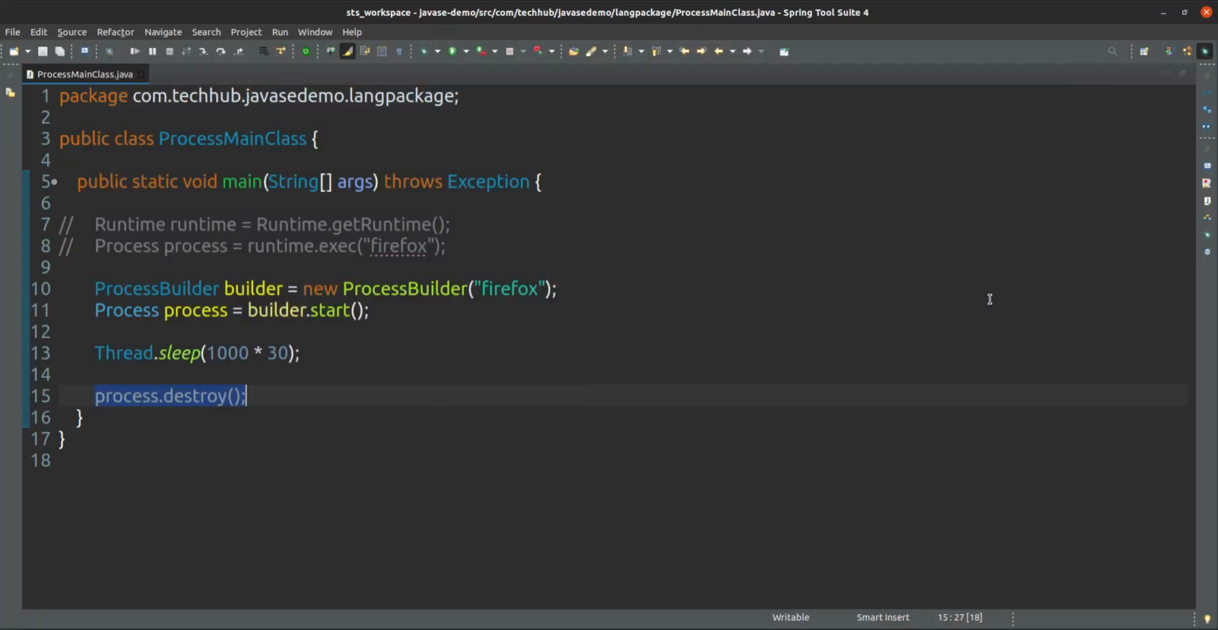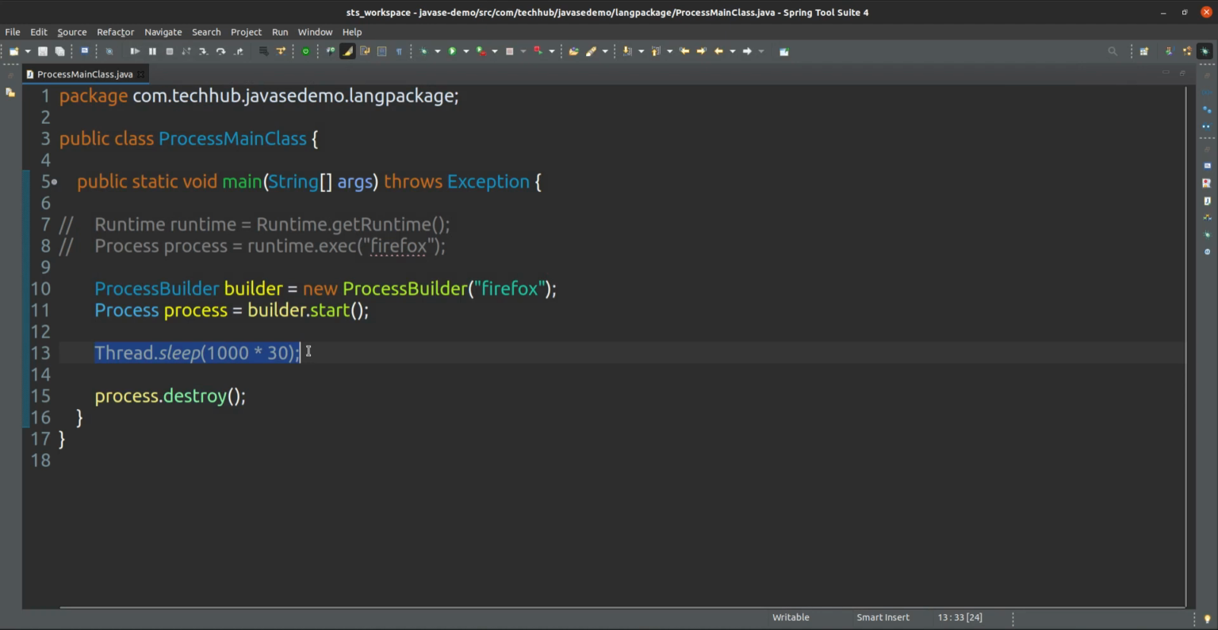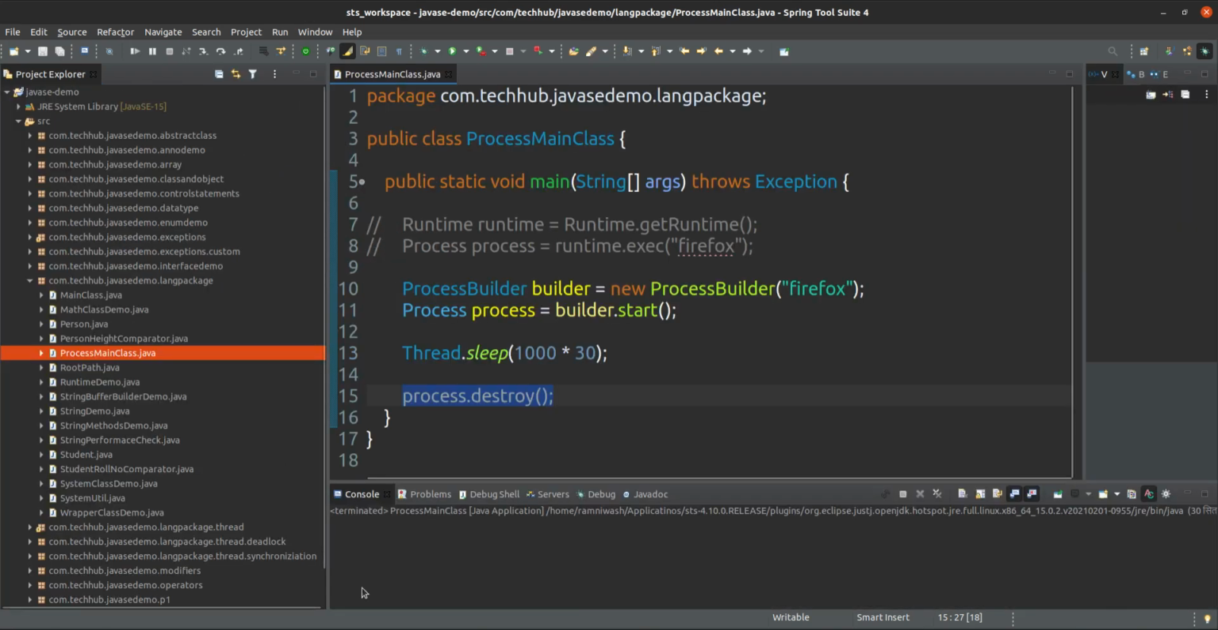Yes, see, it's automatically closed because we are waiting for 30 seconds. After 30 seconds I am just closing it. That's it. Okay, so this is about the process class. Next